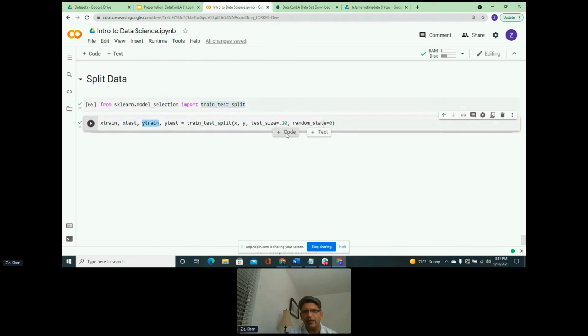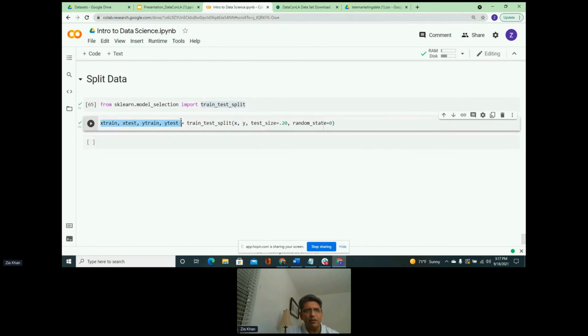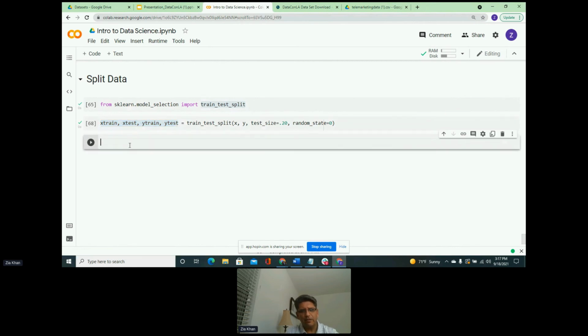So all those 4 are actually going to get assigned to these variables or objects. And what we are going to do is, after this, it's a really good practice to test out if they match. So let me show you what I mean when I say they match. So we check the shape of this one, and then we check the shape for this one.